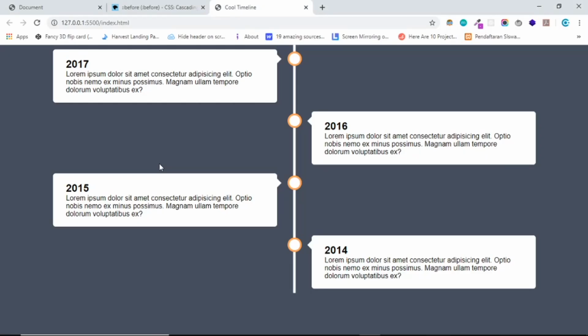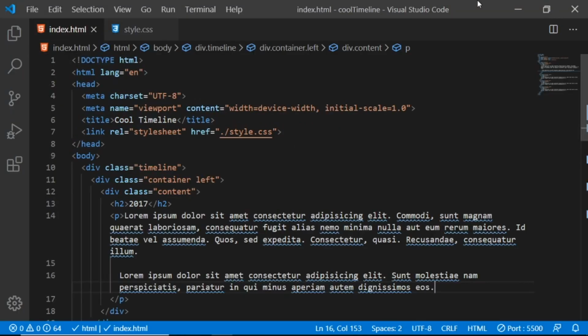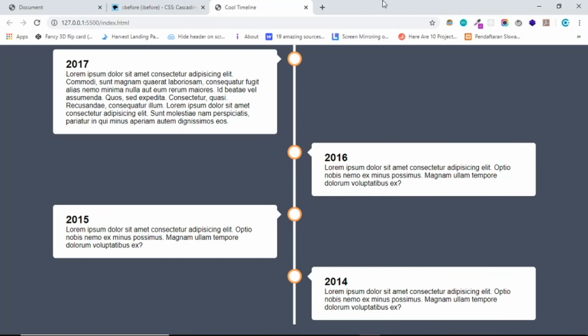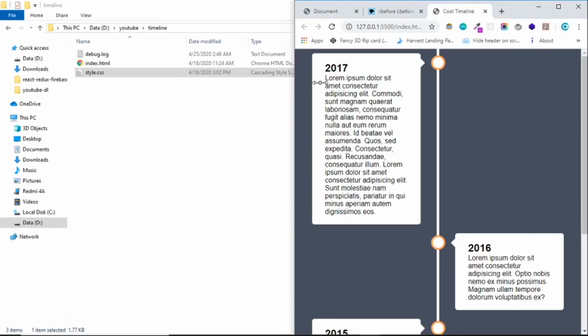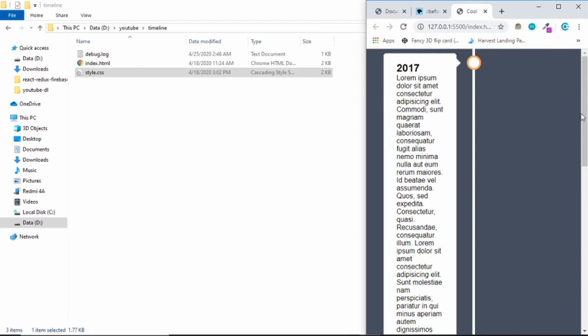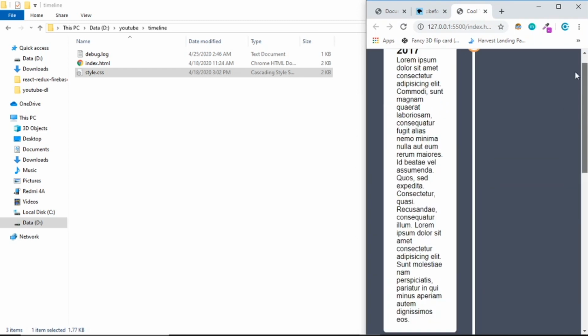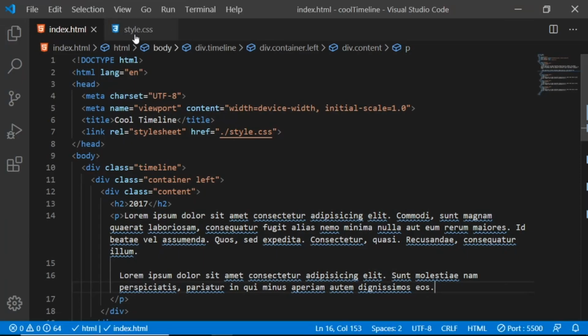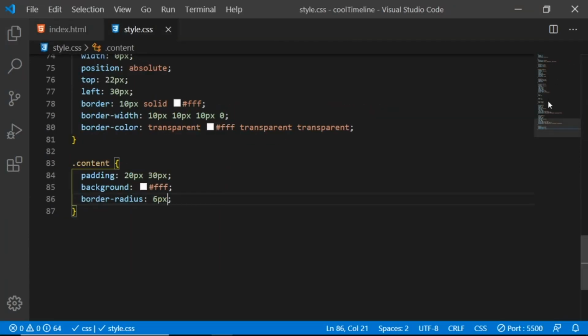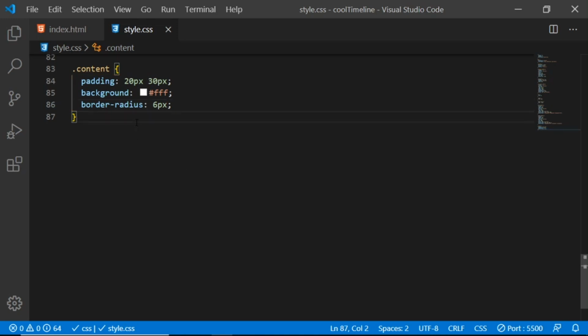Save, and here we go. What we can do now is we need to make that responsive in a mobile version. As you can see in here, now it should be something like that in the mobile version. We don't need that, of course. So we need to open a media screen in here. We can do mobile version and just open a media screen